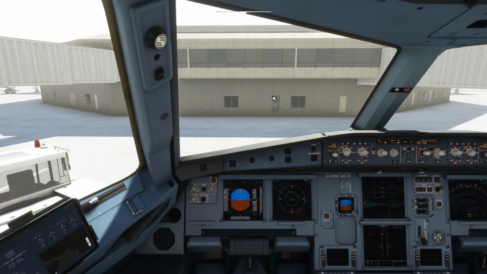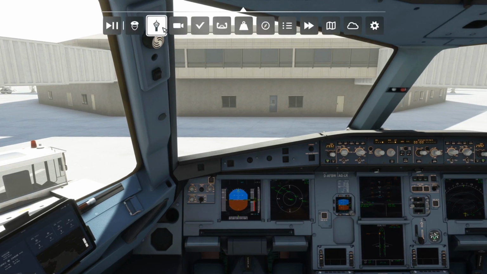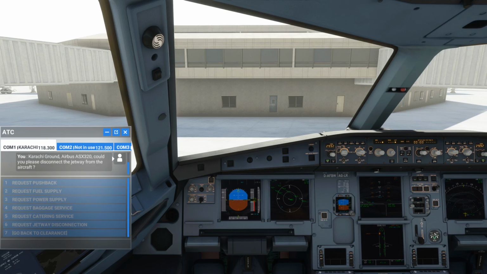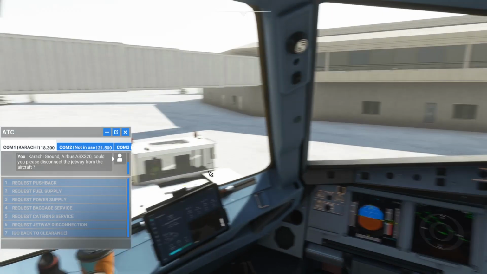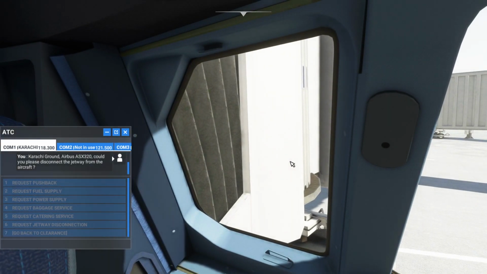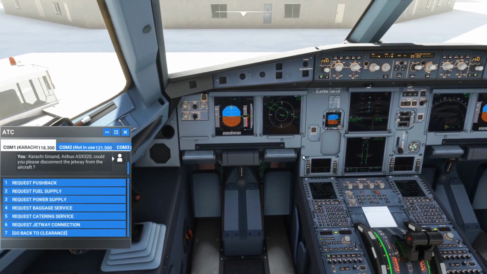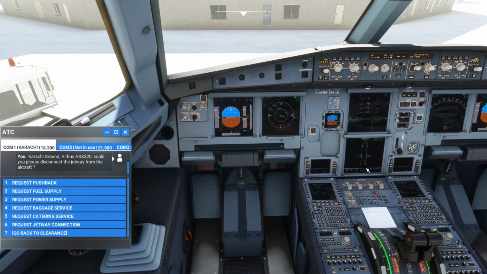Okay, now as we are going for the pushback, I will discontinue all the flight services. Jetway disconnection. Karachi ground, Airbus Alpha Sierra X-ray 320, could you please disconnect the jetway from the aircraft? So now the jetway is disconnected and you will see the door is closed. So all the doors are closed as you can see on your lower ECAM. Okay. Catering is done, fueling is done, power supply is done. Okay, now